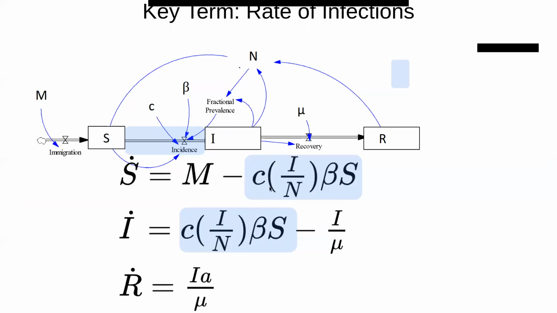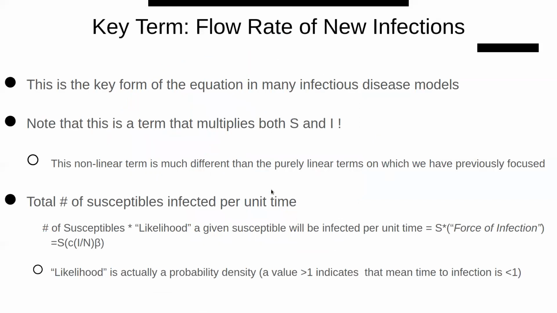And so that force of infection is a chance per unit time, say per day, a susceptible will get infected. We might choose a different unit system, per year, for a less highly communicable illness. The force of infection is one of the key quantities we use when reasoning about a model, and if it's